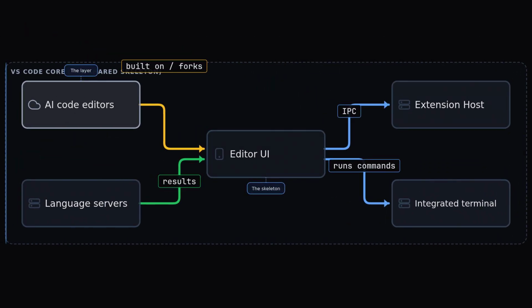So when an AI editor does something clever, ask what's underneath. The AI is the layer, VS Code is the skeleton, and over this series, we'll crack open every bone,